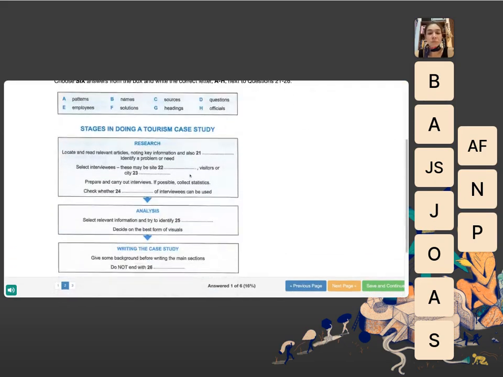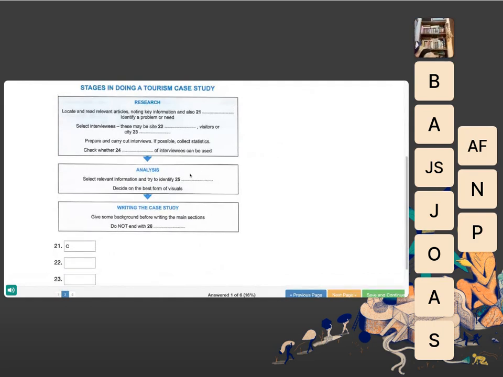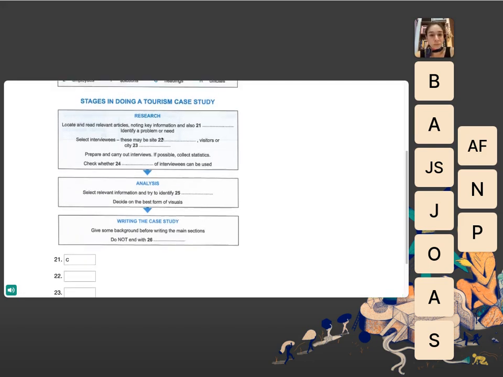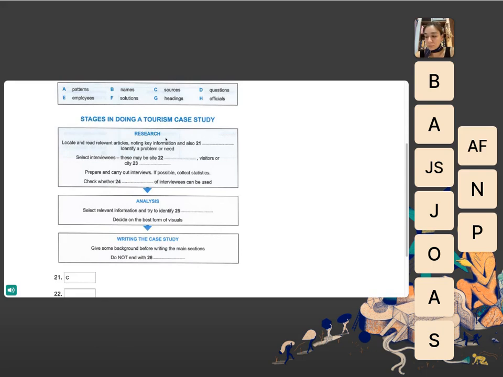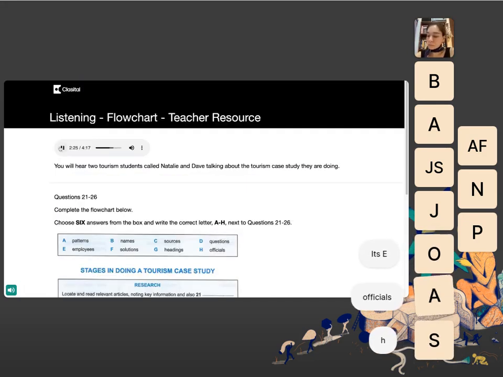And compare what we've read. Then we have to decide on a particular problem or need at our site. And then think about who we're going to interview to get more information. Okay, so who'd that be? The people who work there? And presumably some of the tourists too? Yes, both those groups. So we'll have to go to the site to do that, I suppose. But we might also do some of our interviewing away from the site. We could even contact some people here in the city, like administrators involved in overseeing tourism. Okay, so